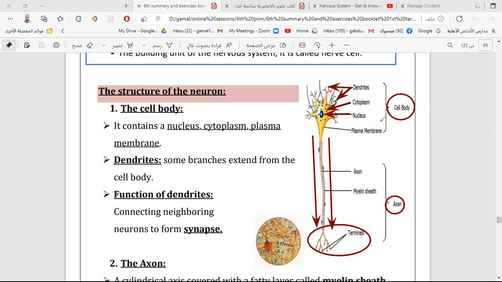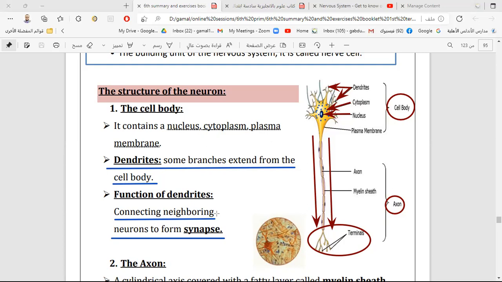Can you tell me more about the dendrites? It connects with the terminals of other neurons, forming synapse. They connect to each other. Every cell connects with the neighboring cells to make synapse. They call it the neural connection. When the dendrites connect together like this, they make something called synapse.